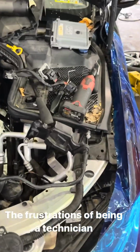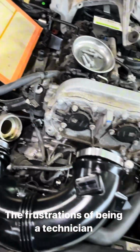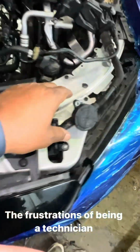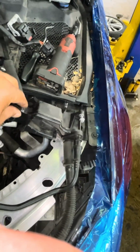Look at this. I am struggling in here today. I'm frustrated. Manufacturers make things so complicated to replace. This here is actually what we're replacing in the vehicle. This is the old one. It's actually the breather system. Same thing if you watch my BMW video, just the breather system, the Mercedes-Benz